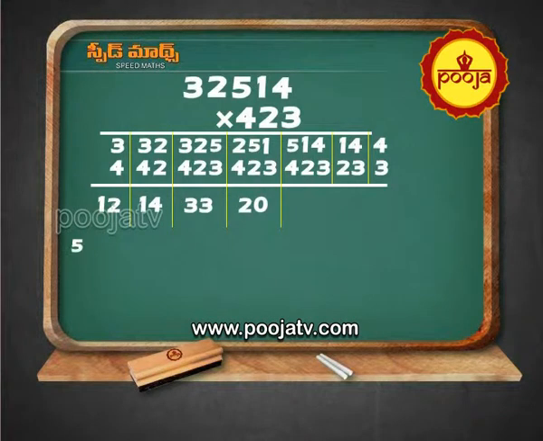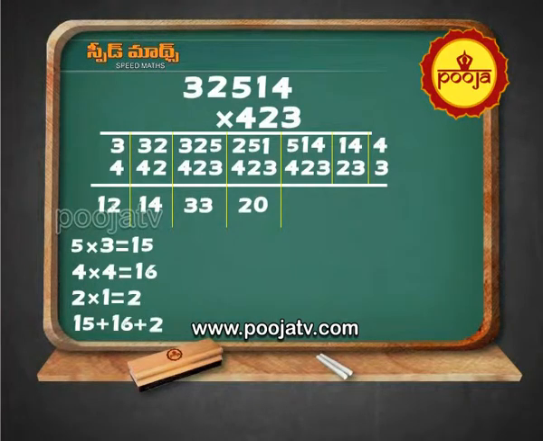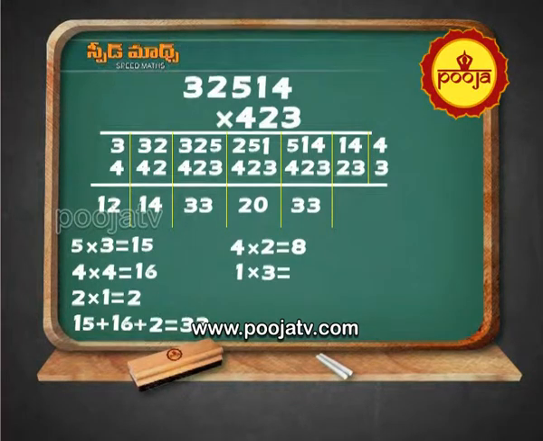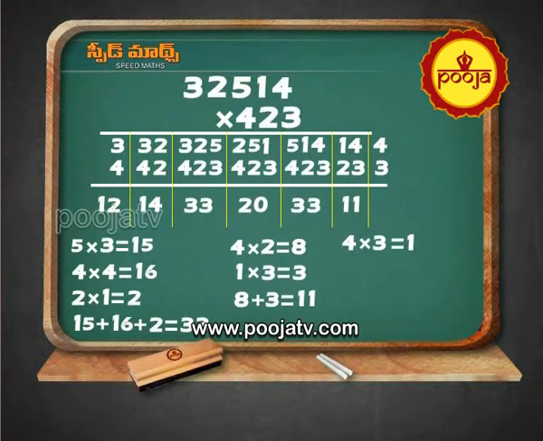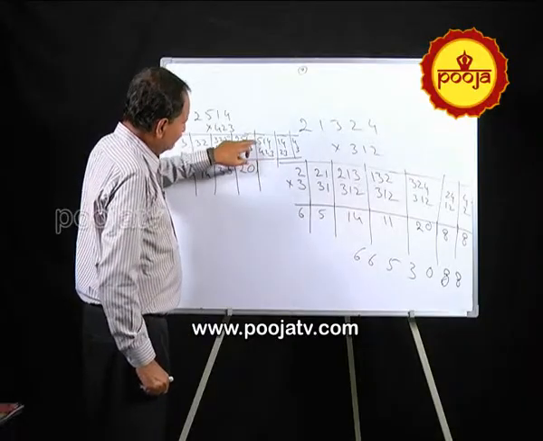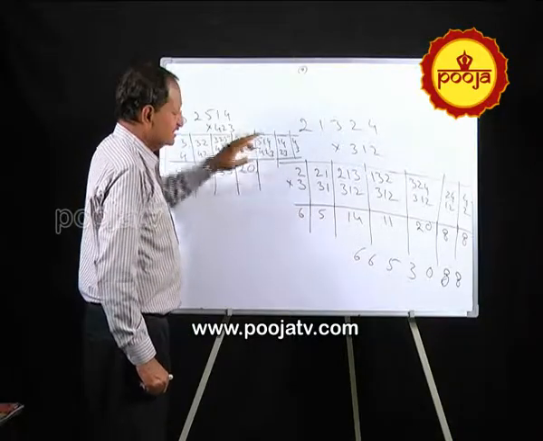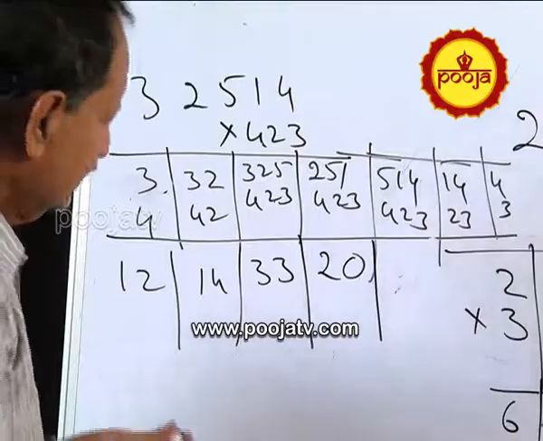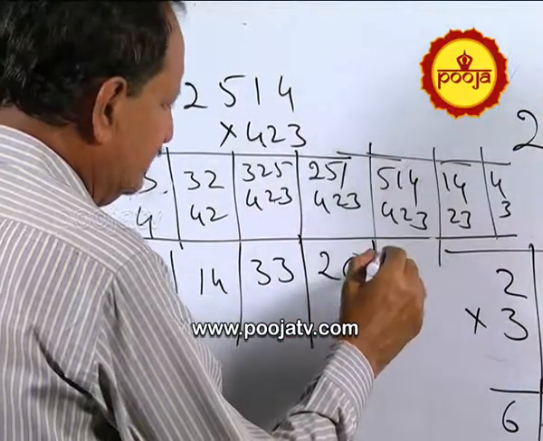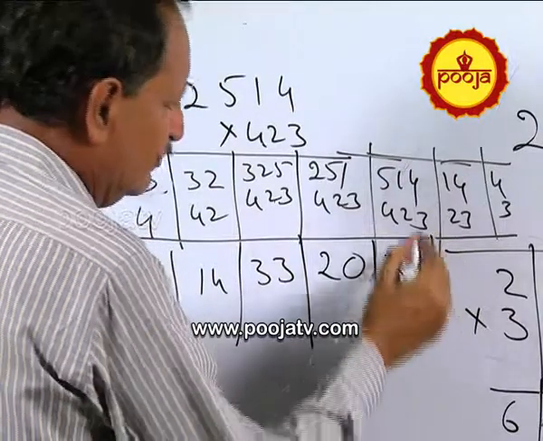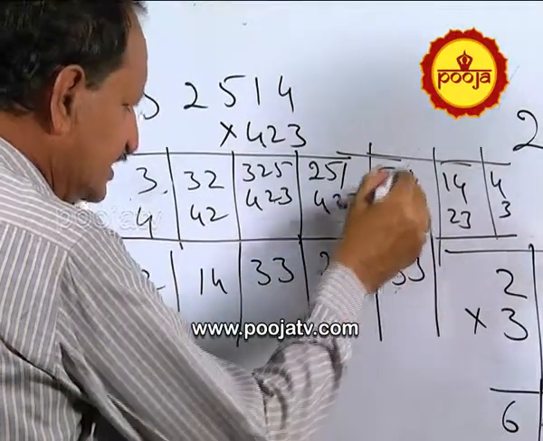Now you see here 3 into 2 6, 4 into 1 4, 6 plus 4 10, 10 plus 10 20. See 3 into 2 6, okay, 4 into 1 4, 6 plus 4 10, and 5 into 2 10, 20. Like that first here also 5 3 is 15, 4 4 16, 16 15 31, 33. That is, but I will tell you slowly, listen. 3 into 5 15. 4 into 4 16, 16 plus 15 31, 31 and 2 into 1 2, 31 plus 2 33, okay. 15, 16, 31 plus 2 33.